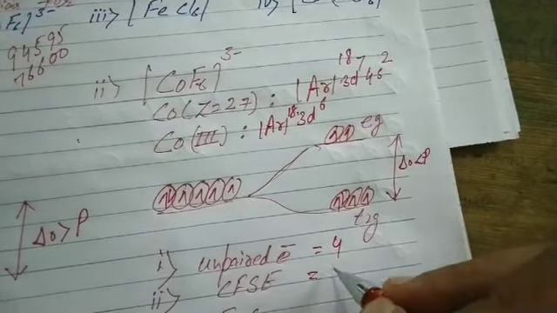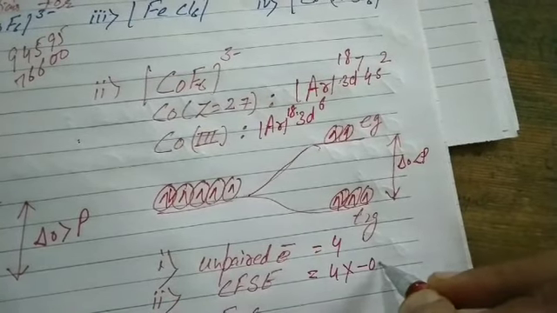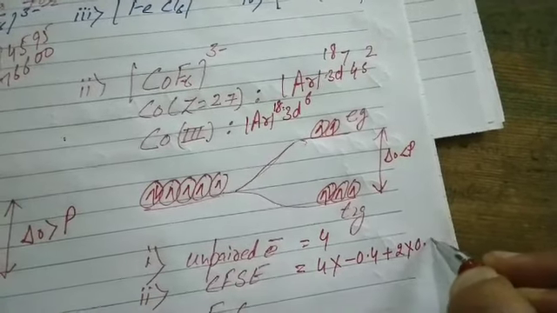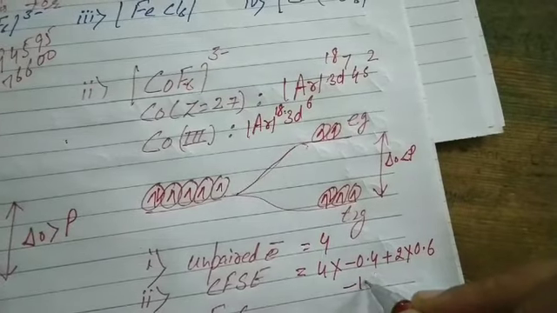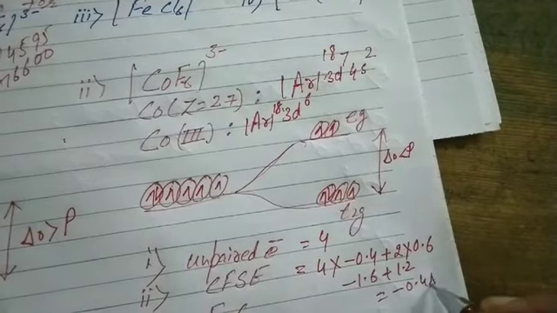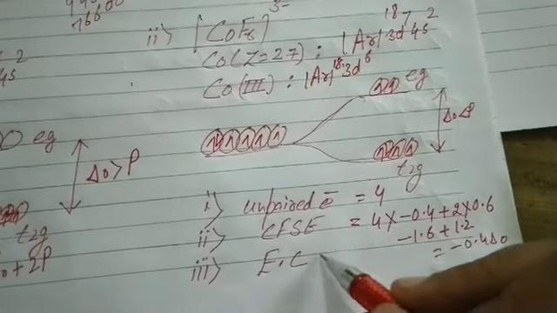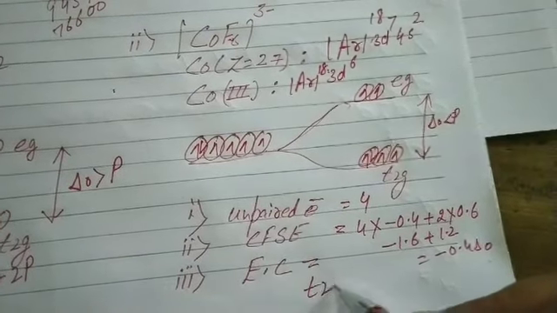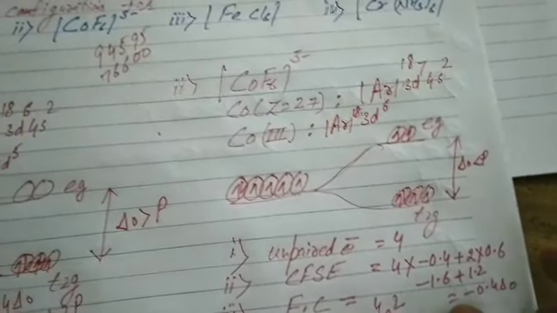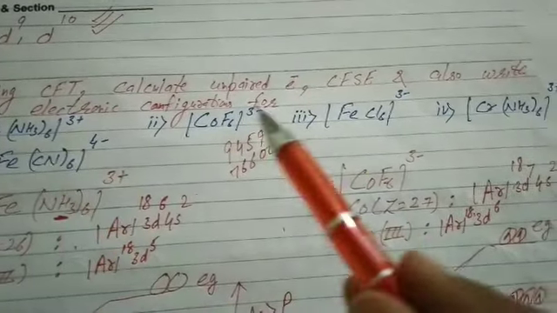Crystal field splitting energy: the number of electrons in t2g is 4, multiplied by the value minus 0.4 for t2g. Electrons in eg are 2, multiplied by the value 0.6. That is minus 1.6 plus 1.2, which is minus 0.4 delta naught. Students, for weak field ligands, we don't add the term P. It is only for strong field ligands. Next, the electronic configuration: t2g4 eg2. That's all, and please submit the third, fourth and fifth complexes. Thank you.